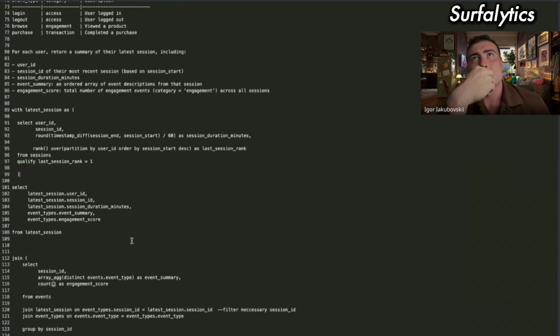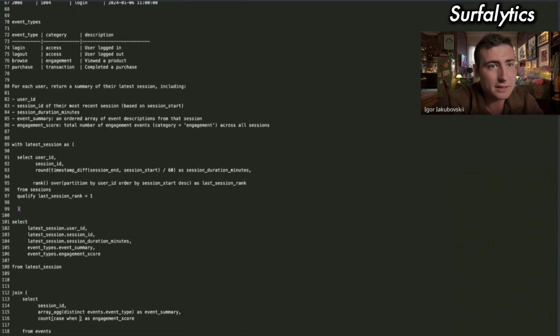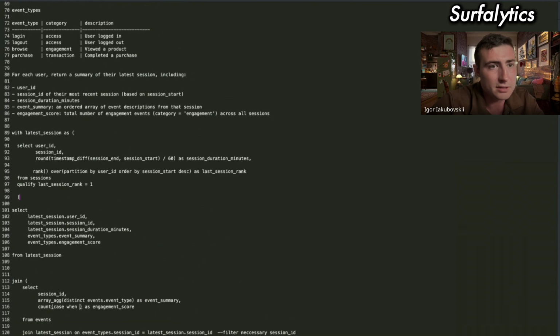Yeah, I forgot that I wanted to use two joins and filter in one of the joins. In this case, we can use case when category engagement, then one else zero, and sum.